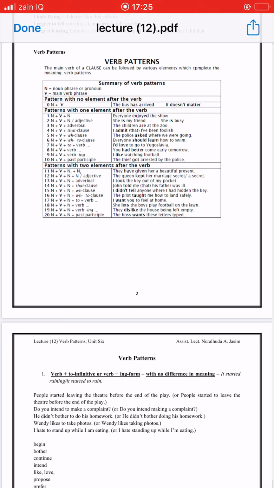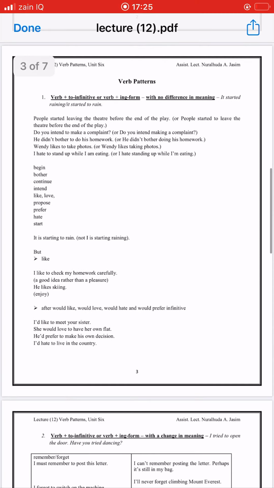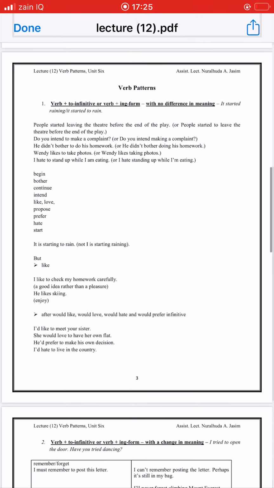I want you to feel at home. She lets the boy play football on the lawn. They dislike the house being left empty. The post wants this letter typed. Verb patterns again. Summary, students: the first case is verb plus to-infinitive or verb plus ing, which we call the gerund form, with no